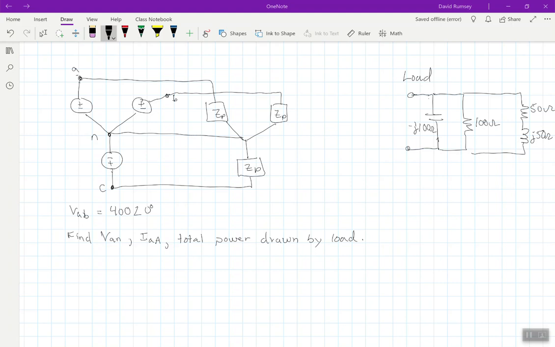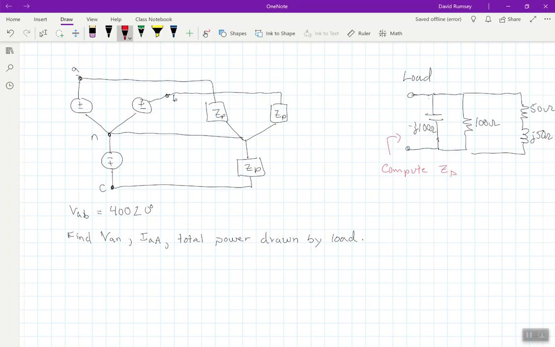Okay, so we're going to look at this example here. We have a Y to Y connection here, so a pretty straightforward thing to look at. But the problem gives me that this is the load here. So instead of drawing that multiple times, we draw ZP. It's balanced load still, which is good, but this is my load for each of those things. So one of the things we're going to have to do is compute